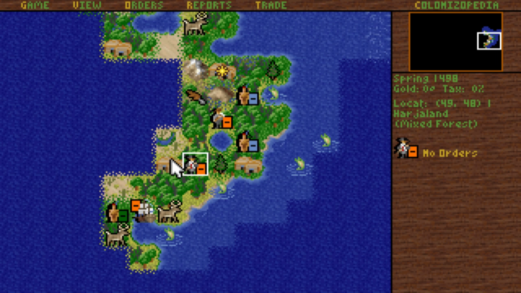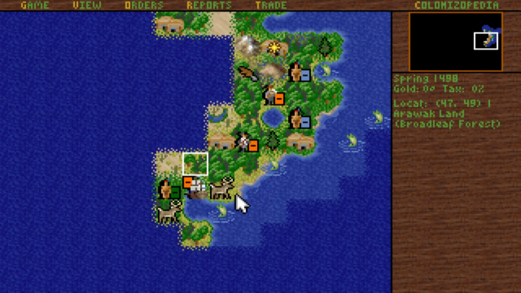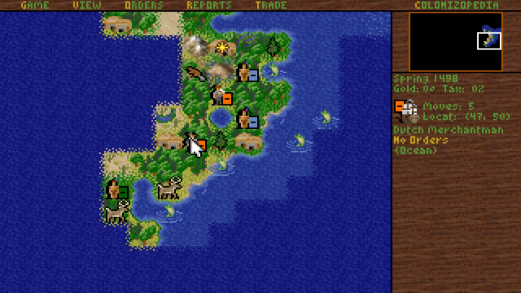This would be a good location, probably. Actually, maybe... Oh damn, where the ship is right now, that would be perfect. Sadly, that's an ocean tile. We cannot settle an ocean tile, of course. I think we go either for...